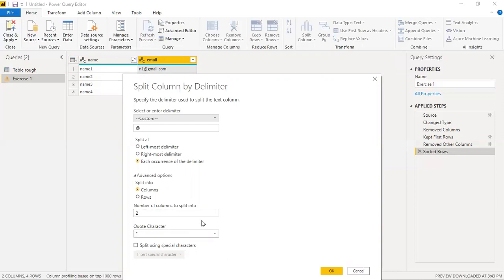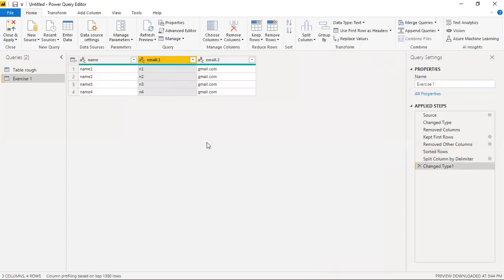Once we are done with this, you can choose the number of columns to split into, okay. Whatever columns you want to split into, I want them to split in two columns only. Okay, quotation, quote character, whatever you want to use. I'm not really using anything right now. I'm just giving you an example. So I'm going to click on OK. Okay, again the same thing will happen, but this time you know the other options too. Okay, that is how we simply split.